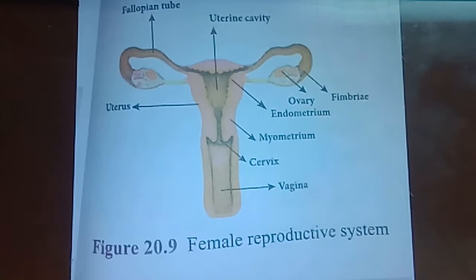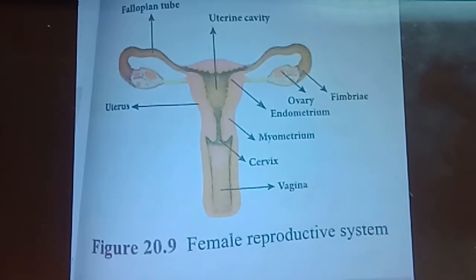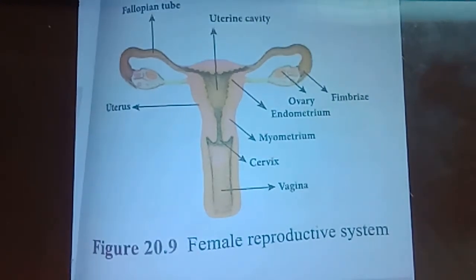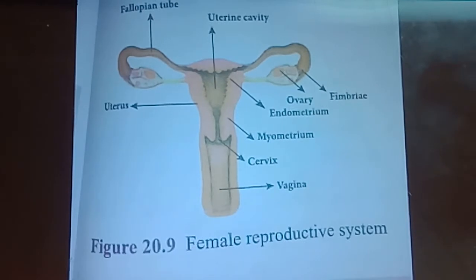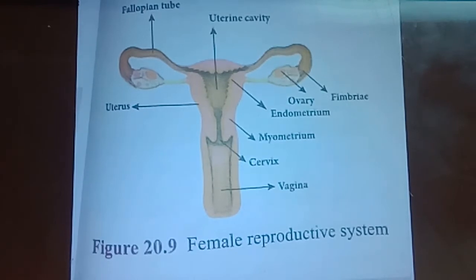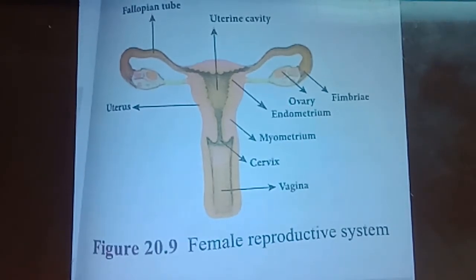A pair of almond-shaped ovaries. What is the shape of the ovary? Almond-shaped. The ovary is located in the lower part of the abdominal cavity, near the kidney in the female. The ovaries are the female gonads, which produce the female gamete, the egg or ova. They also secrete the female sex hormones, progesterone and estrogens. A mature ovary contains a large number of follicles.